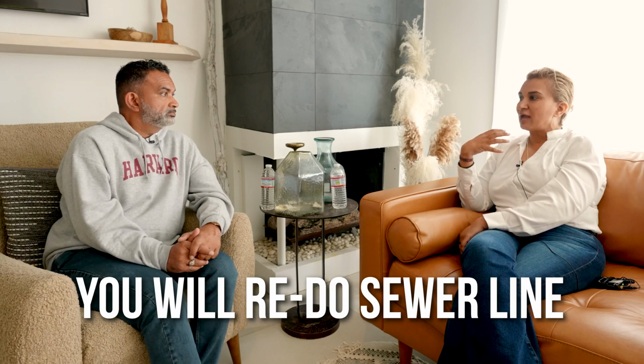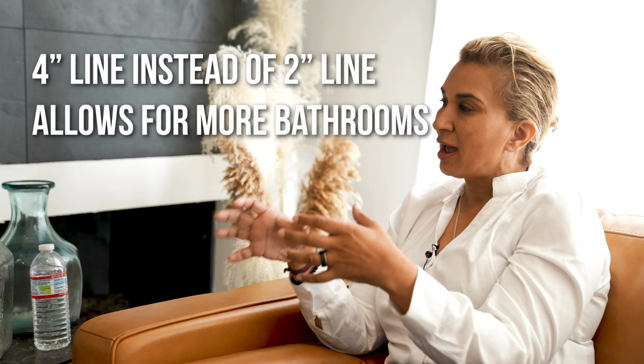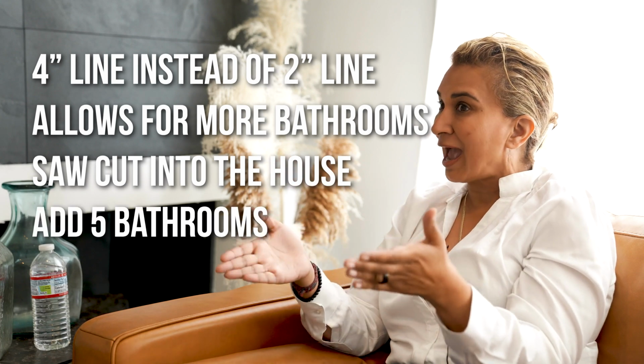So many of these houses are at least 50, 60, sometimes 70 years old. So I already have the added expense of having to redo a sewer line, right? Because especially in a state like Arizona, it was either cast iron pipe or bird stop, which is basically newspaper. That's what that sewer line was made out of. Since I'm gonna redo it anyways, I use a 4-inch line instead of the typical 2-inch line. So I allow for more bathrooms. I simply saw cut into the house itself and add another, if it's typically a 3-2, I add another 5